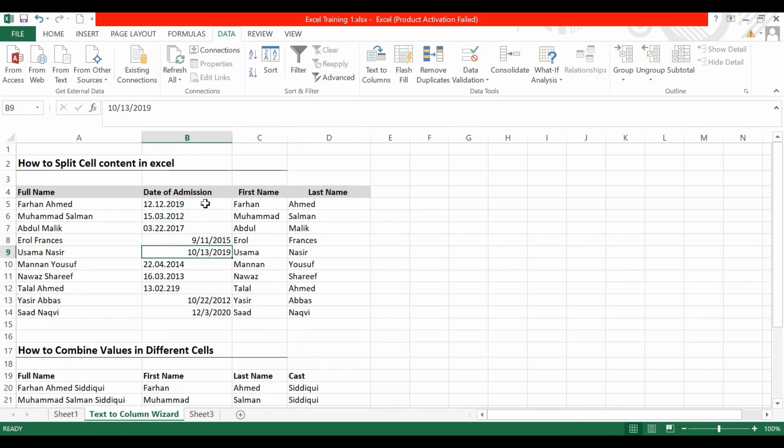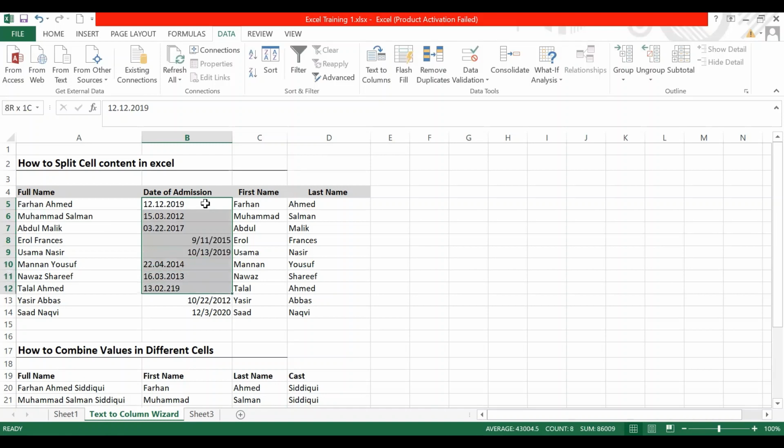So here there are some dates in different, scrambled formats, and I'm going to show you how the text to column wizard can be used to unify the format, so that we can get a single format for all the data.